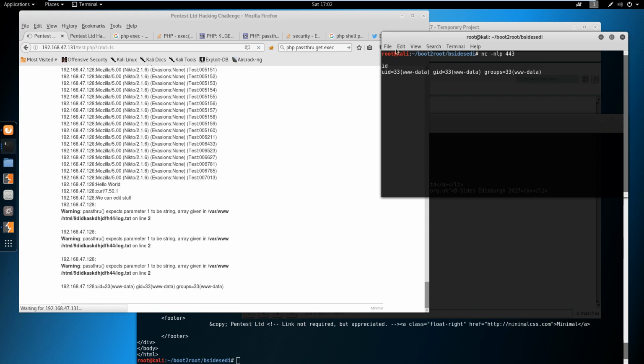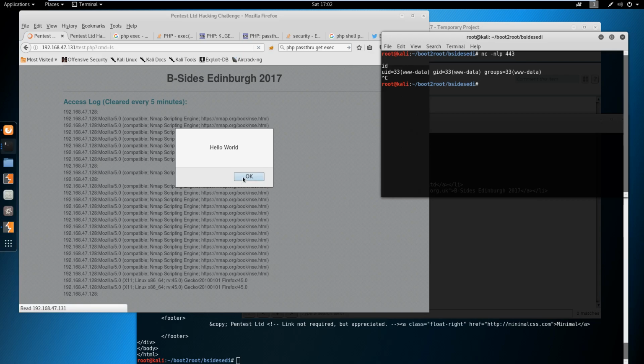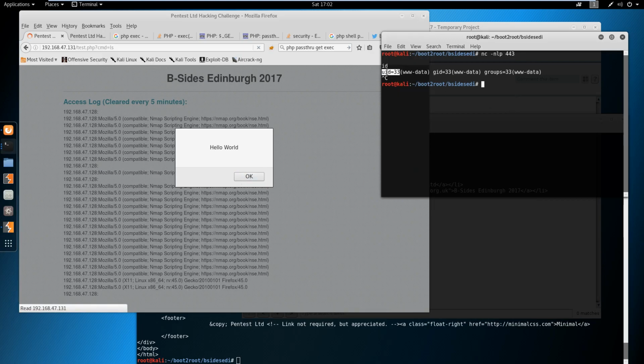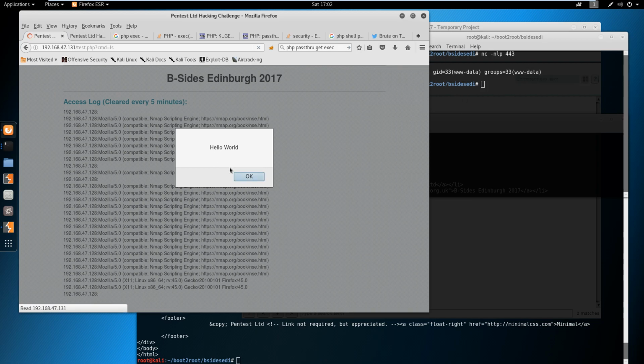And now we have a shell. What's interesting to know is two things. One, this is going for a while. This is going to go forever because it's currently executing this Netcat. If I quit out of it, then it finishes the loading. Okay. So that whole time it was hanging because it was still loading that Netcat, or running that